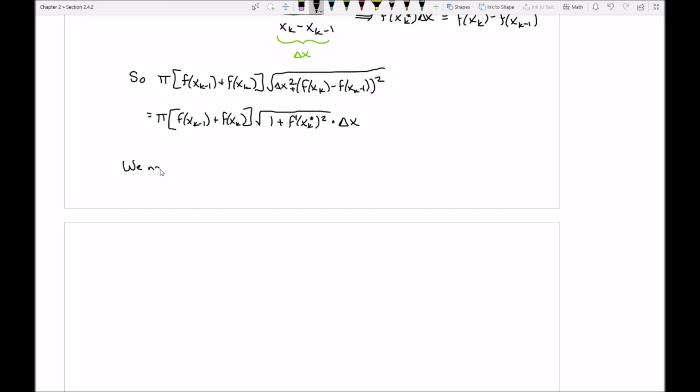So I'll even state, we note that as n increases, that is, as the number of bands begins to increase, delta x will become smaller. Right? I mean, if I have to have more bands, then each band has to have less width or less thickness to it. Those starting intervals have to be smaller. And if that's the case,